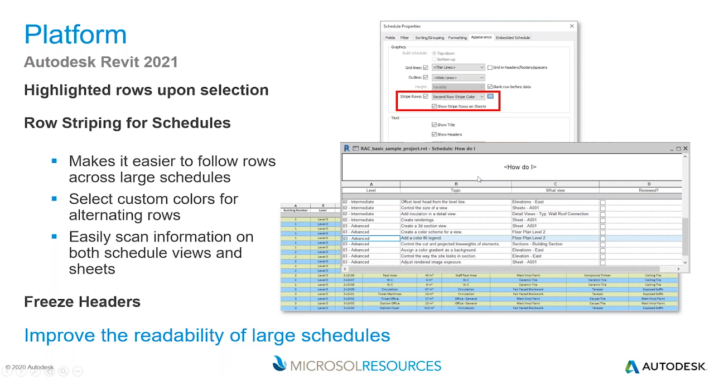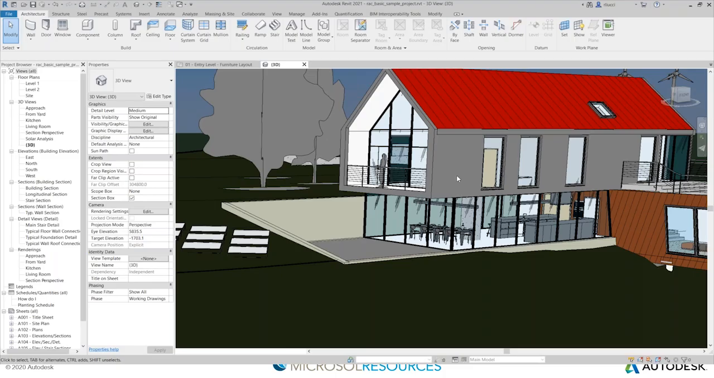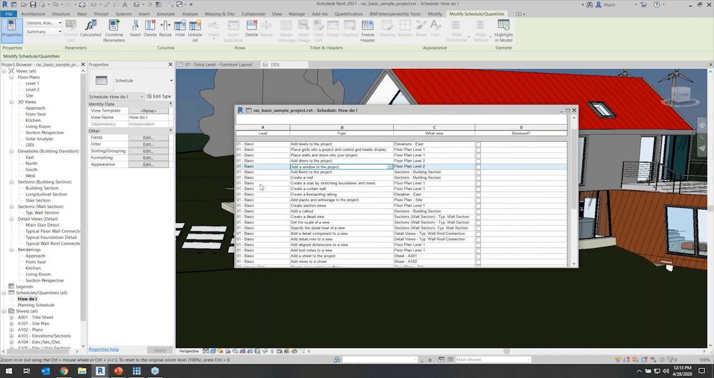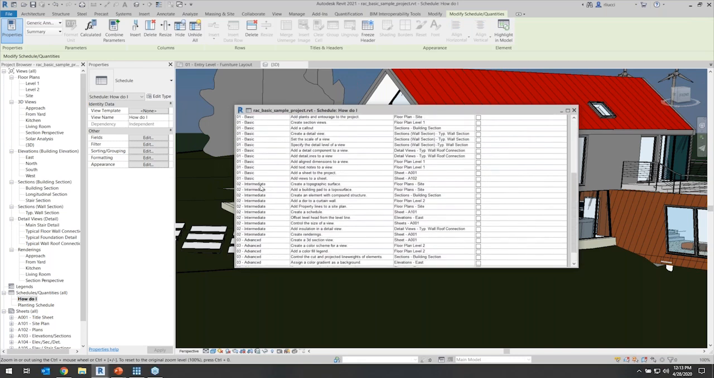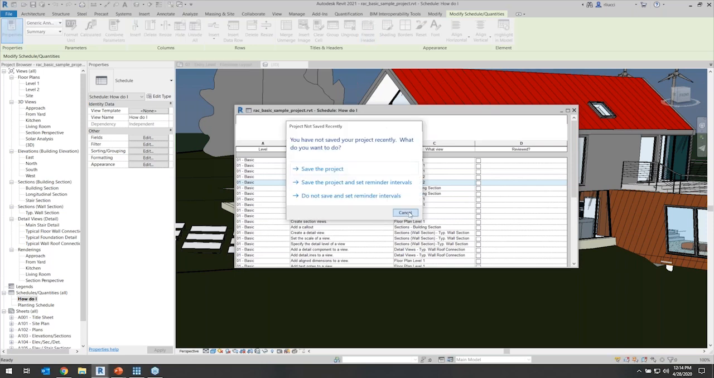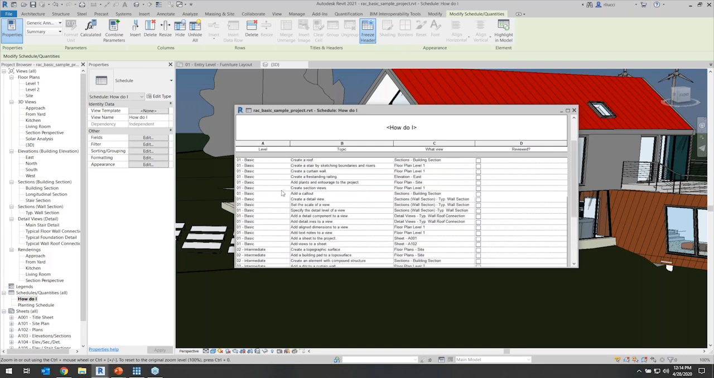In addition, you can also modify the schedules and how they look, and might as well just jump into Revit to show you one. So I'll jump into a schedule in here, and in the normal interface, I don't have the color striping, and as I start to scroll, my headers disappear as well. So now up in the context sensitive tab, you have freeze headers. Freeze headers is activated, and now as I cycle through my initial schedule,